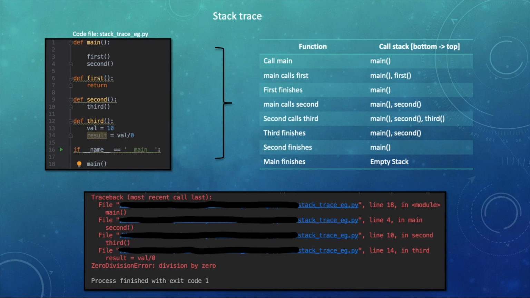This stack trace is also telling us that the methods in the call stack came from the file stack trace example.py, which is shown in blue color here, and it matches the code file name, right?